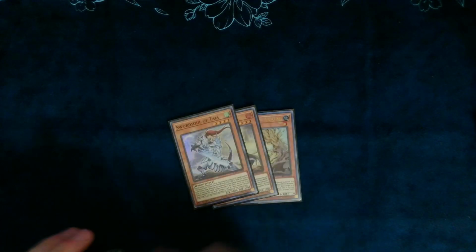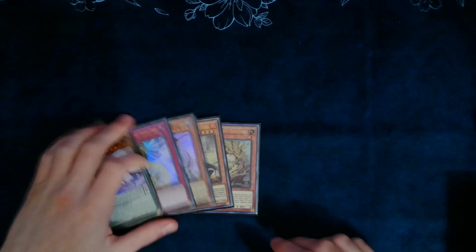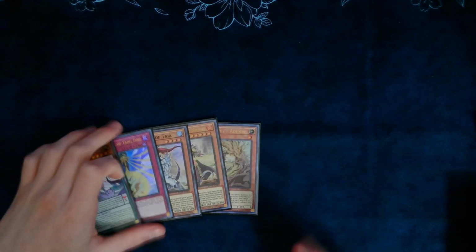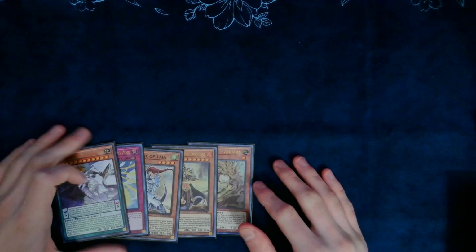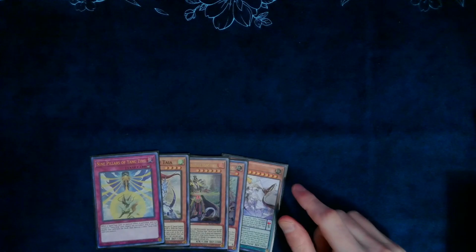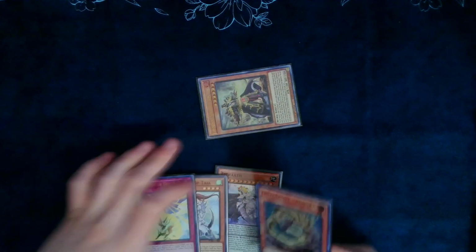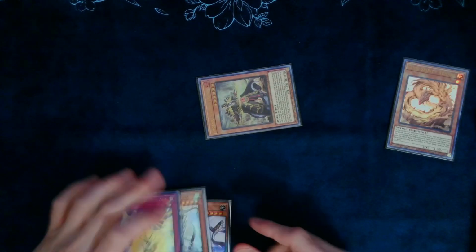Okay, so we're gonna do one last test hand. That is an interesting hand, that's for sure. Alright. So, obviously, this is one of those hands where you're like, what am I looking at right now? The line is pretty obvious. You're just gonna be doing Sword Soul combo. So you're gonna go Long Yawn, discard, summon a token,